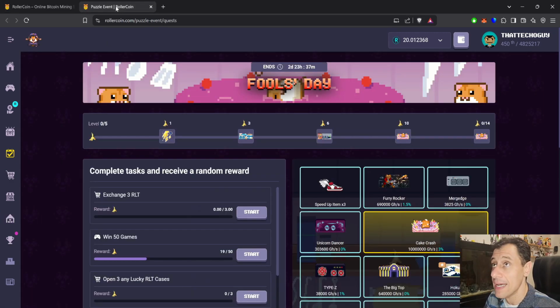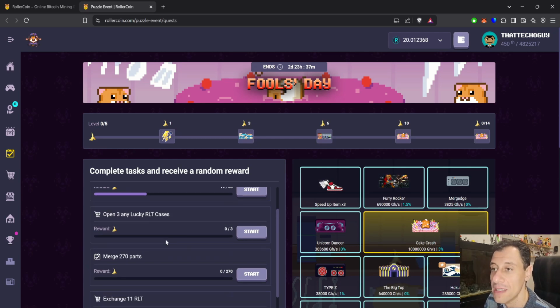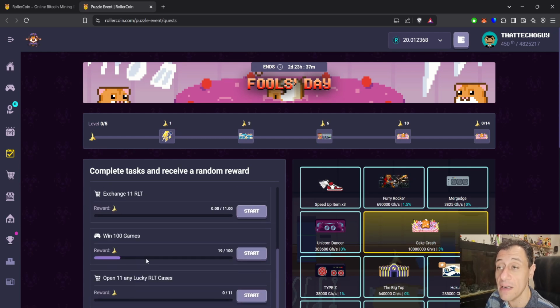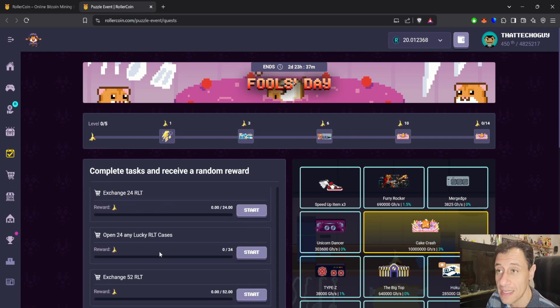It will. Okay, so the tasks here to complete, exchange 3 RLT. Before you do that, make sure that you've got some Ethereum available and exchange it from the 40% discount that you have for Ethereum. Okay, win 50 games, open 3 lucky RLT cases. I'm sure you'll be spamming those lucky RLT cases, so you do these in no time. Merge 270 parts, exchange 11 RLT, win 100 games, open 11 lucky cases, merge 450 parts, exchange 240 RLT, open